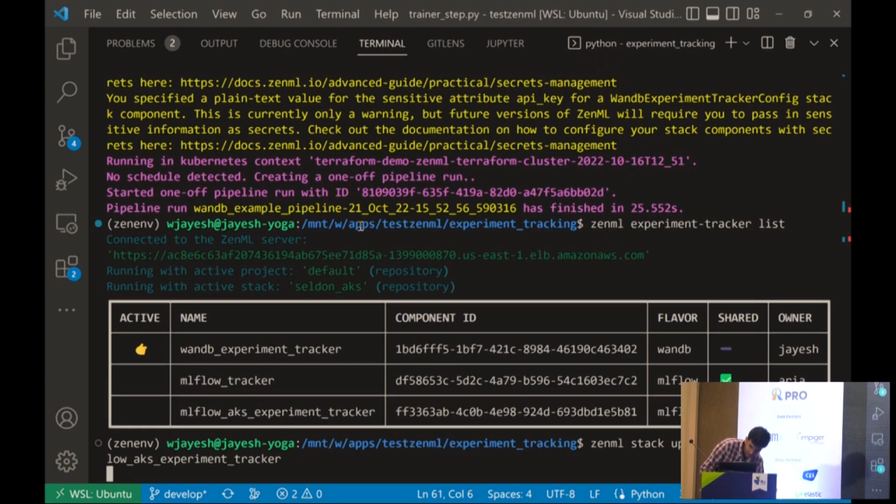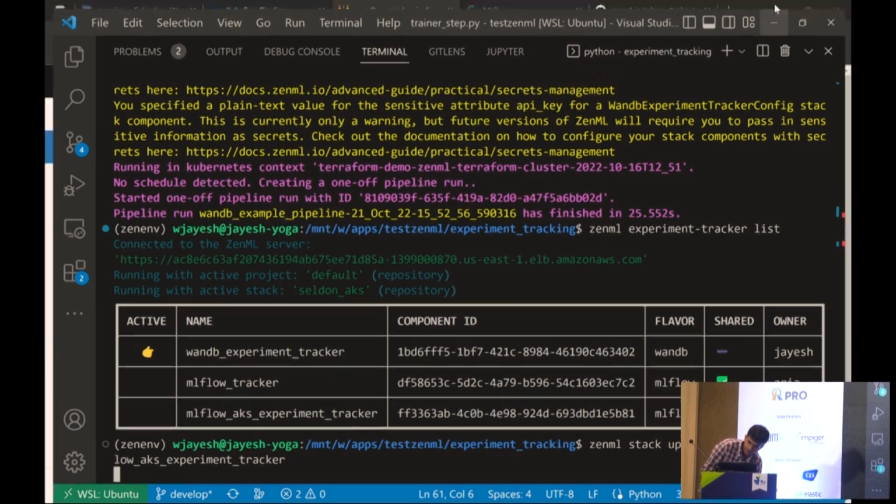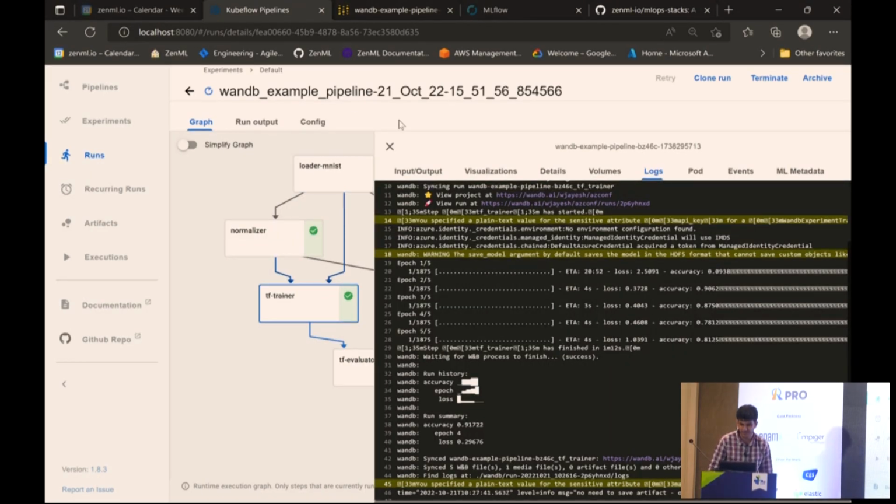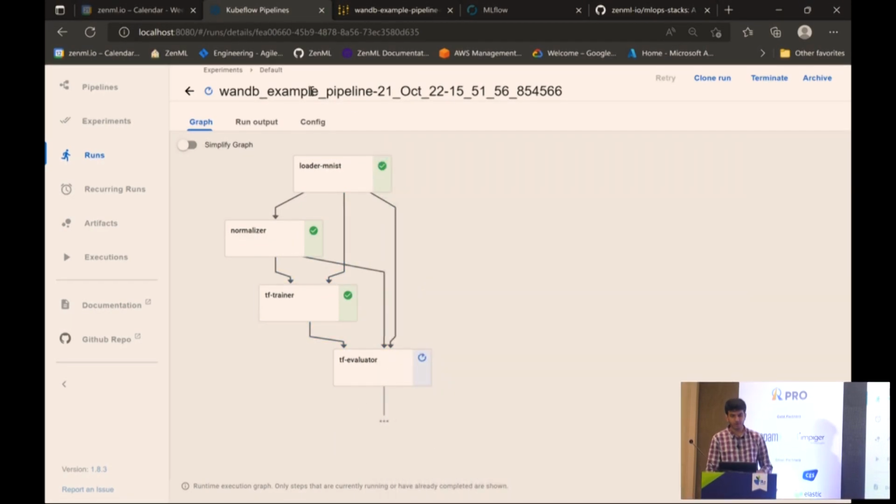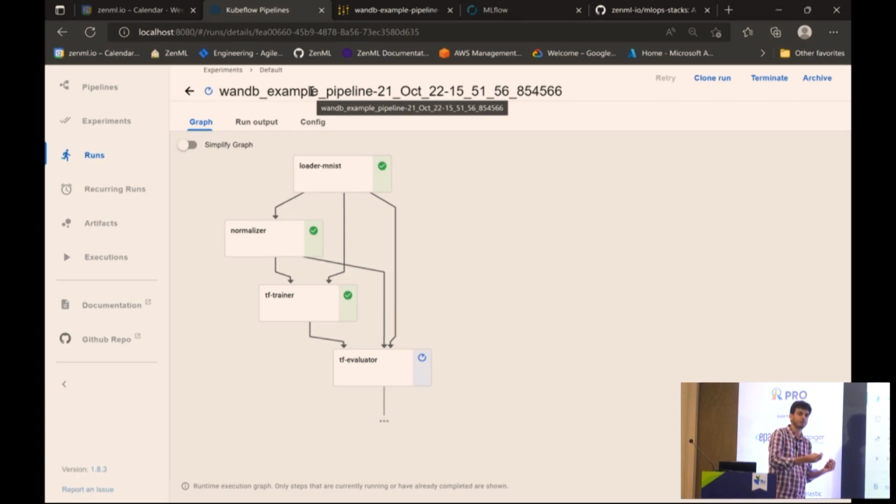Right, so let's wait for this to complete. And going back, I think this is already running there. We also have a lot of other orchestrators. Kubeflow is not the only orchestrator. You can run Azure ML, you can run the Kubernetes orchestrator. If I had more time, I would have shown you multiple other orchestrators as well. Even across the clouds, it works seamlessly. Right now it's running on AKS with Kubeflow, but if I wanted to switch stacks, the only thing I had to do was update the orchestrator stack component. So I'll do ZenML stack update orchestrator, and then maybe a Vertex AI orchestrator or an AWS orchestrator, and then it'll run on AWS or GCP.